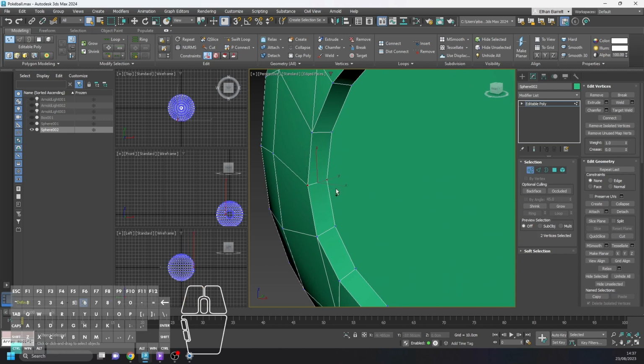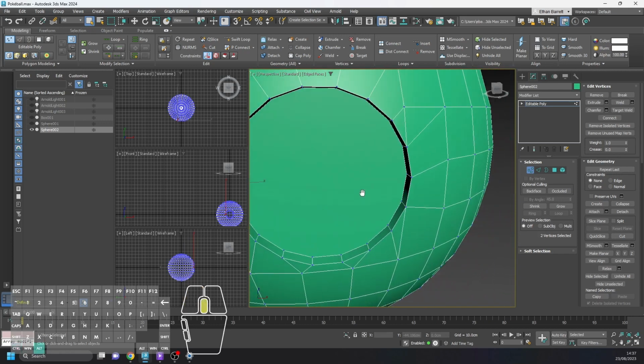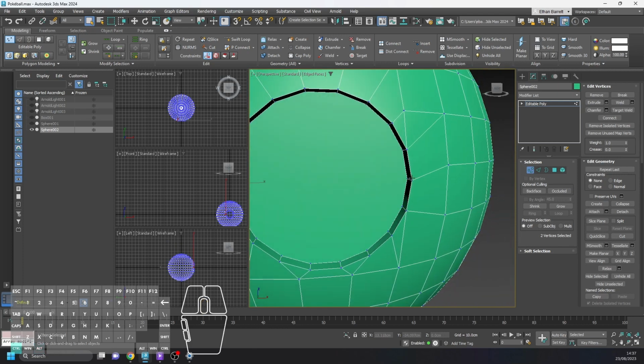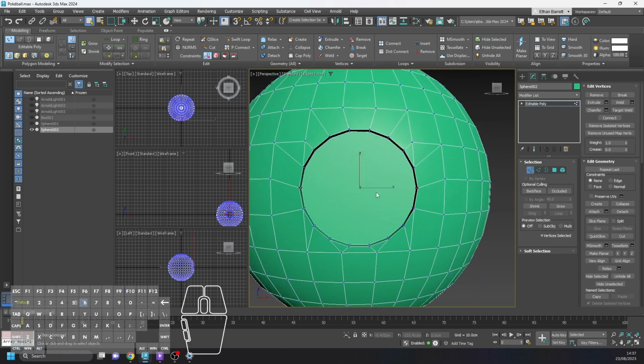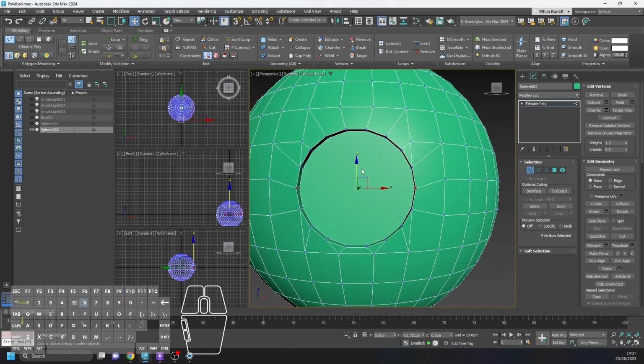But we just want to select these vertices. I'm holding down control and clicking at the same time to increase my selection, and then from there we want to move them up just to straighten out where this strip is going to be. Now we could just move them up like this,